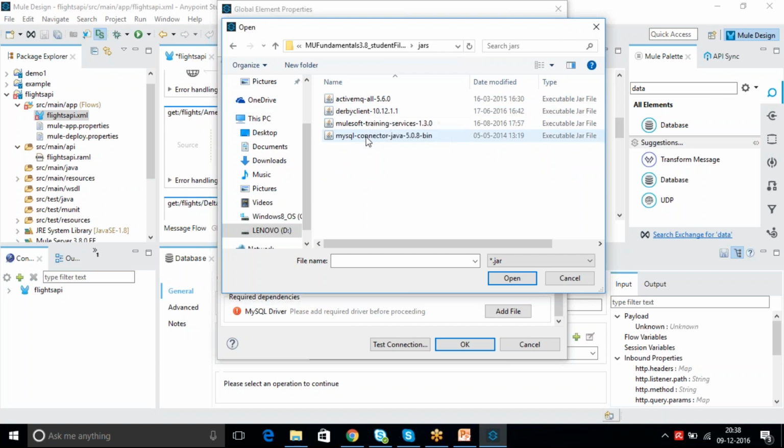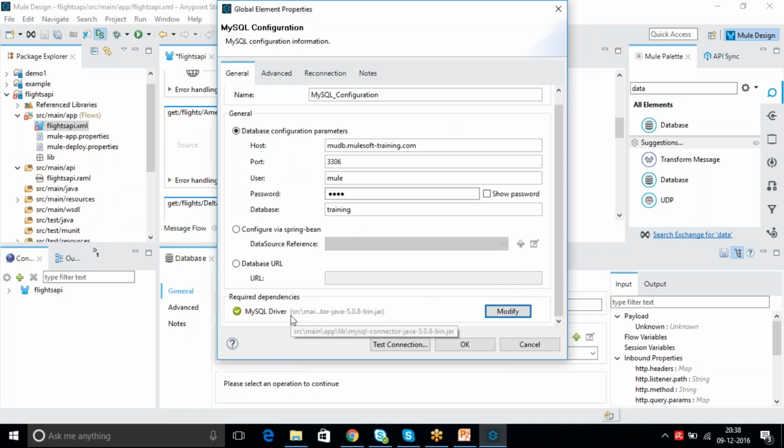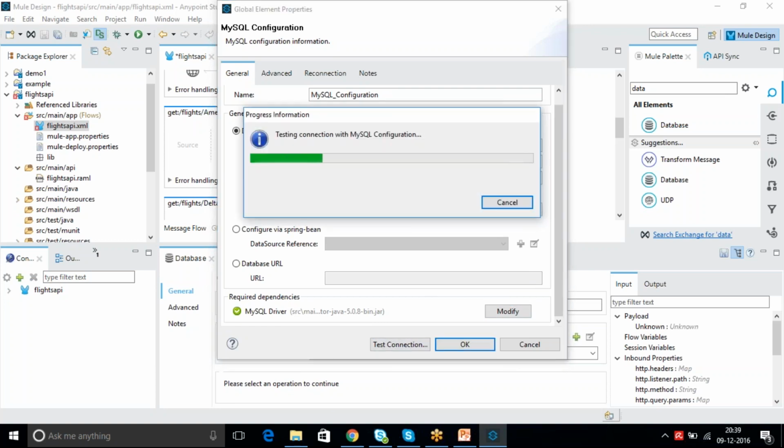Yes, I have the driver. Okay, so MySQL, this is the one. You just need to add this. So if you see that error gone automatically. Okay, now just click on the test connection.